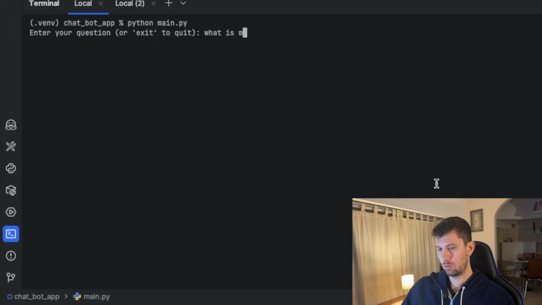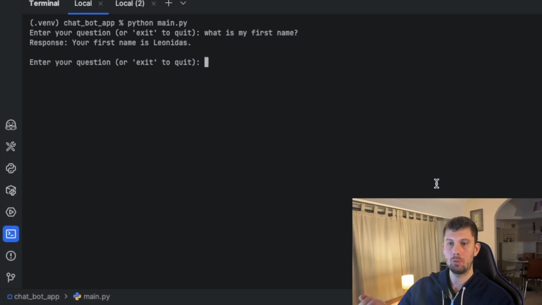If I'm gonna ask it, what is my first name? Now, by default, this will never be able to know my name. For this demonstration, I'm using the GPT-4 Mini. Now, if I'm going to ask it also,